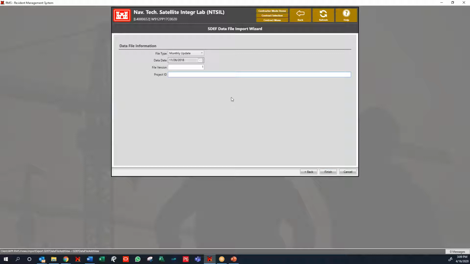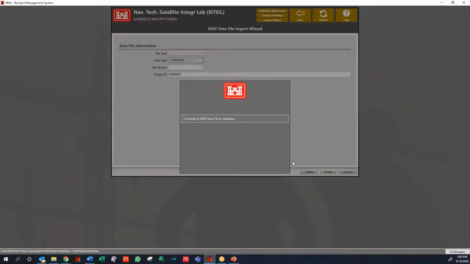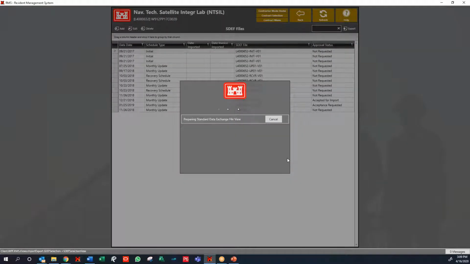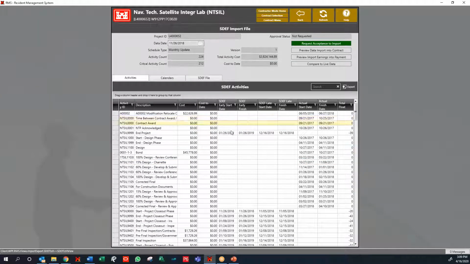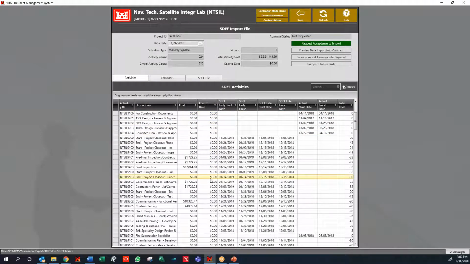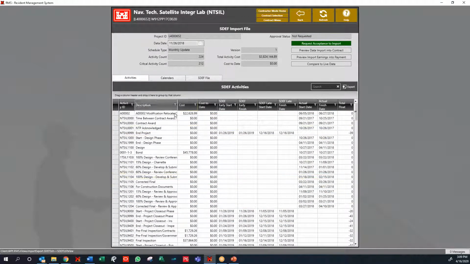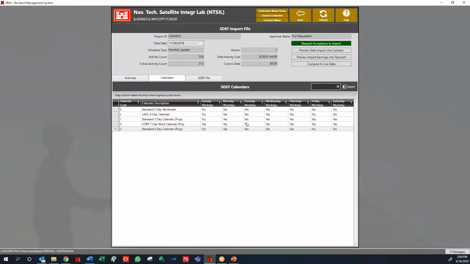So if we were going to go through this process, and it might not let us go very far since this is a closed out job. Ooh, it will. Cool. We'll just have to remember to delete that. So we can have this import. And this is the SDEF format that we have. Gives us all our activities, our basic information,